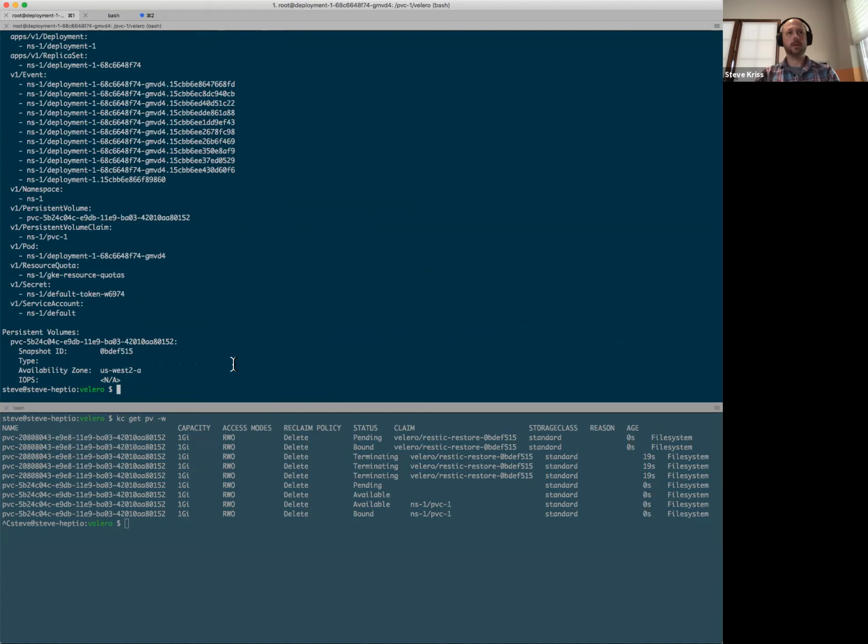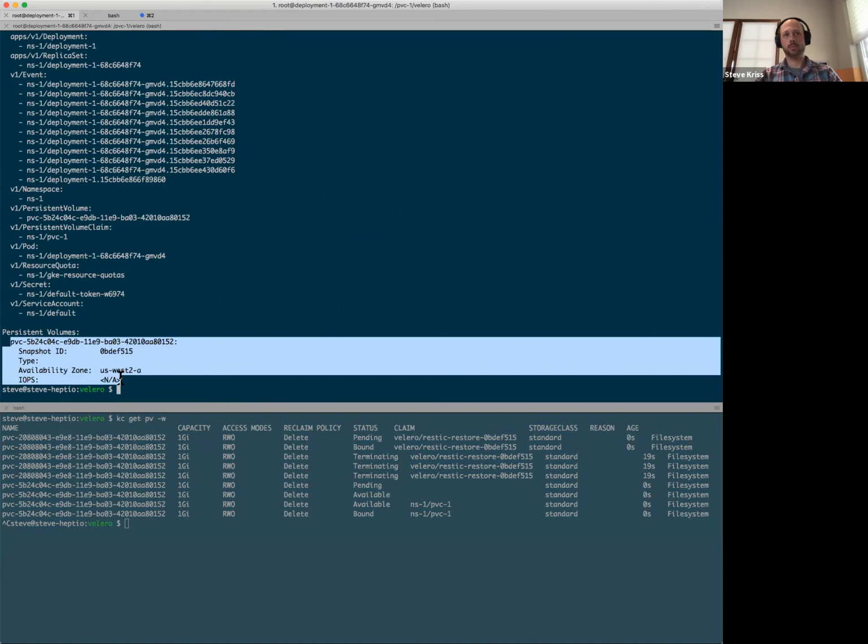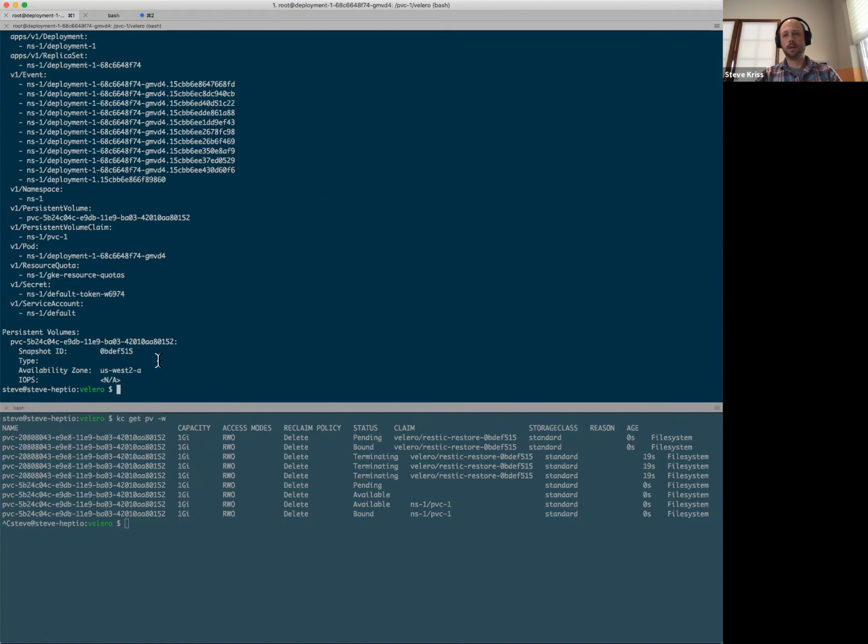I'm sure we could. One idea could be in the snapshot ID, we could do restic:/ or something like that. It would probably make sense to capture which plugin was used, essentially which volume snapshotter was used to create the snapshot. That should be easy to add to the metadata we store and then display it here. Cool.